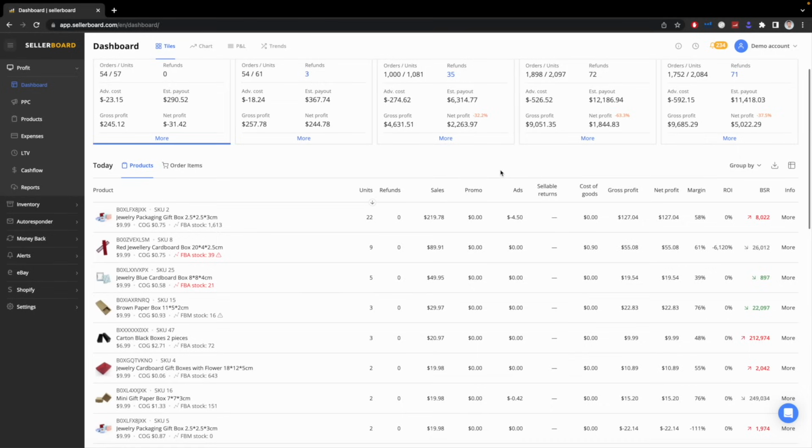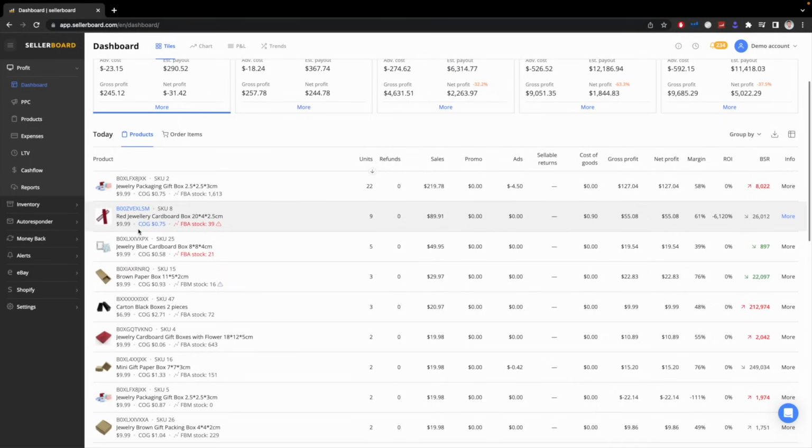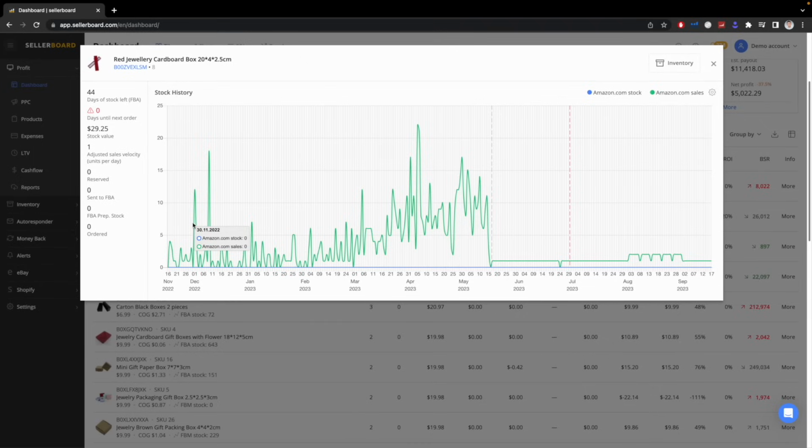On top of that, if you actually look over here at the product, under here you can see cost of goods. We can actually click into this and edit the cost of goods right here on this page, just as an easy access so you can get better and more accurate reporting for your financial analytics. On top of that, next to cost of goods sold, you can see this FBA stock button. This is actually able to be clicked. And once you do that, it will take you to the page with information about the stock dynamics of this particular product.